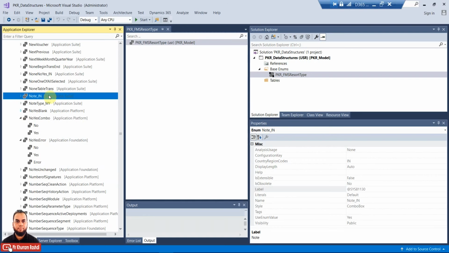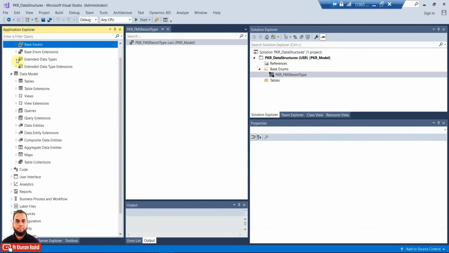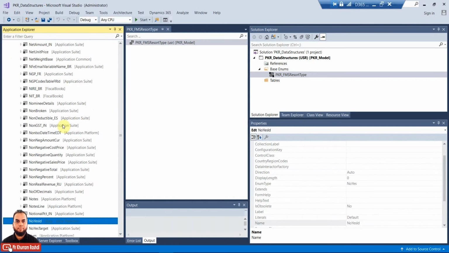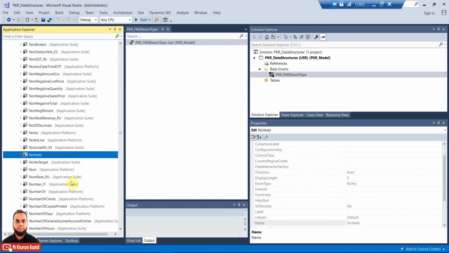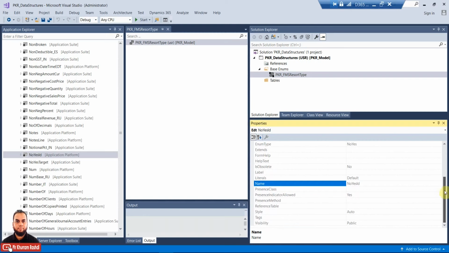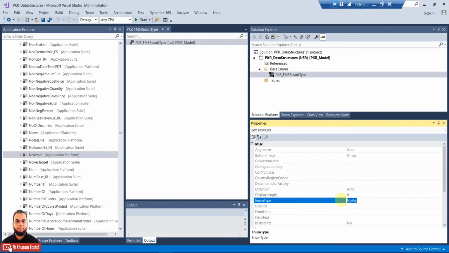Now I will show you one more example from EDT, that is basically extending a base enum type. This is an EDT no yes type, and if you go to the enum type property, it is extending a no yes enum.